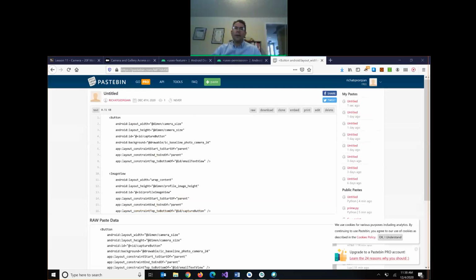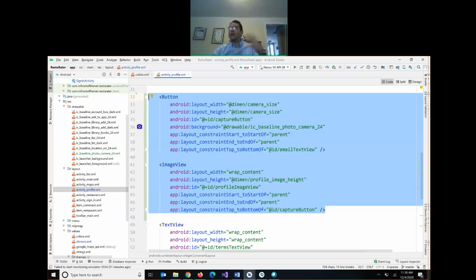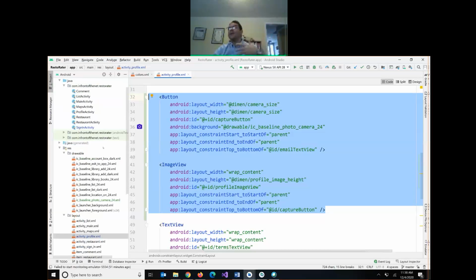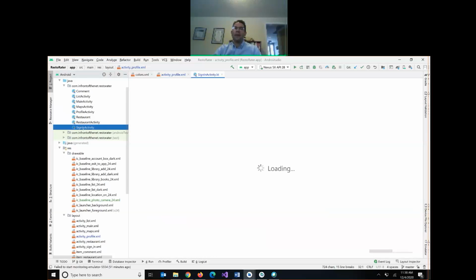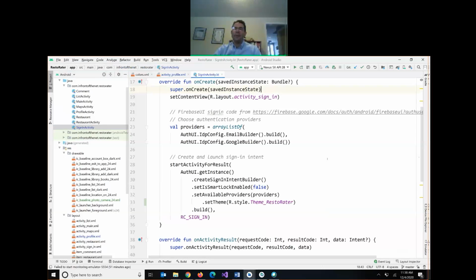So there's your link to our button and image view. Also, because we're just working with the profile activity today, I want to make sure that once we sign in, we automatically go to the profile activity just to save us a step. So if I open up my sign in activity KT file,